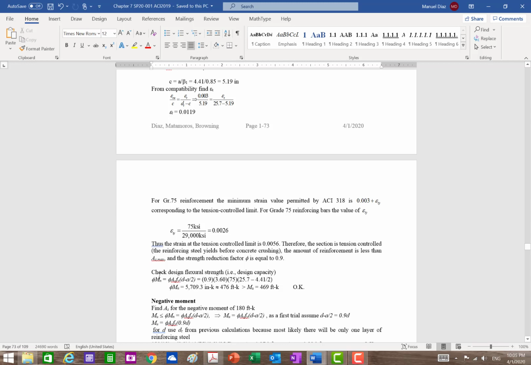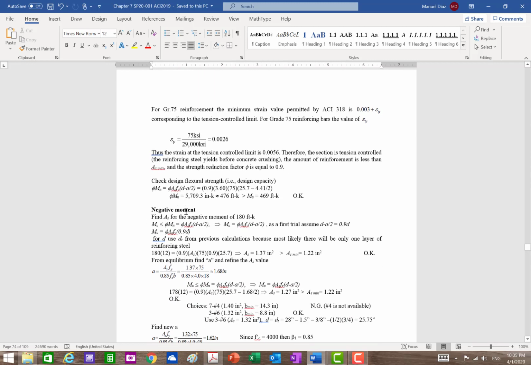Next, we check the design flexural strength. Right? Same formula that we used for quite a while now. And things are satisfied. Okay. So it's good. Then when we come to the negative moment, right? When we come to the negative moment,